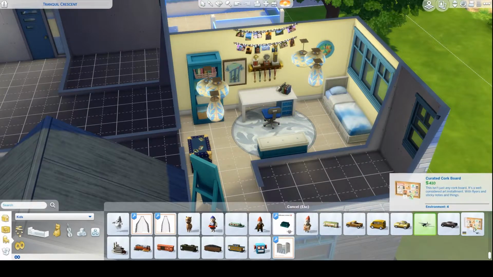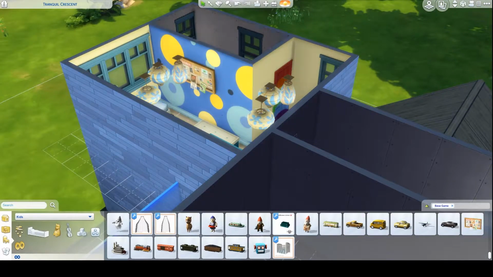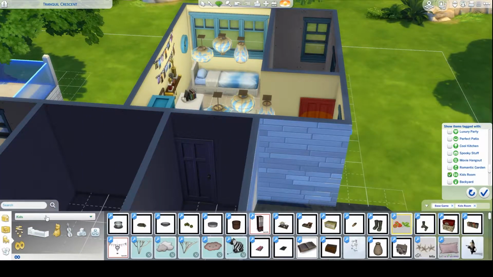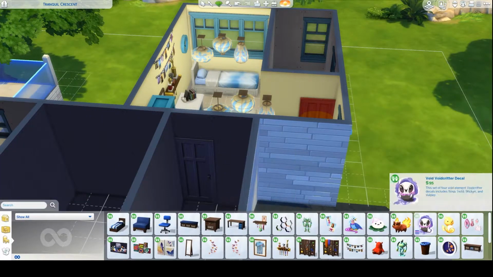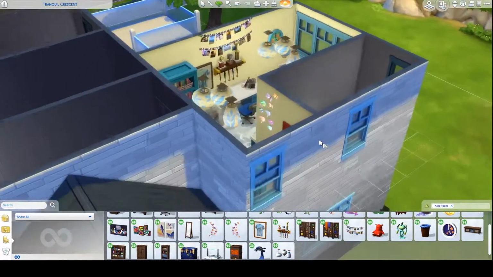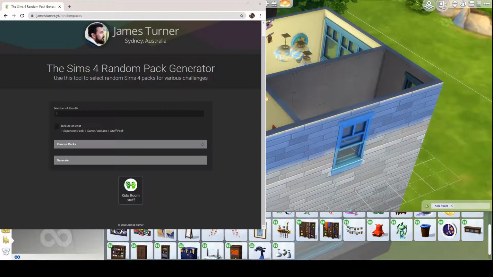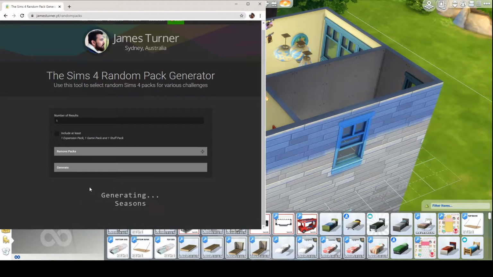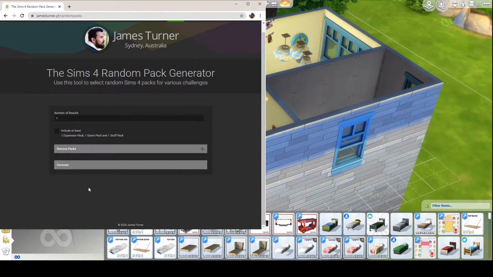So yeah, I added some more clutter to make the room look different. And then I decided that the room needed a little more art or something. Because it seems like maybe this is a boy room, but it could be a girl room. Anyway, back to the generator. Next room is going to be, I think, the bathroom. So, generating